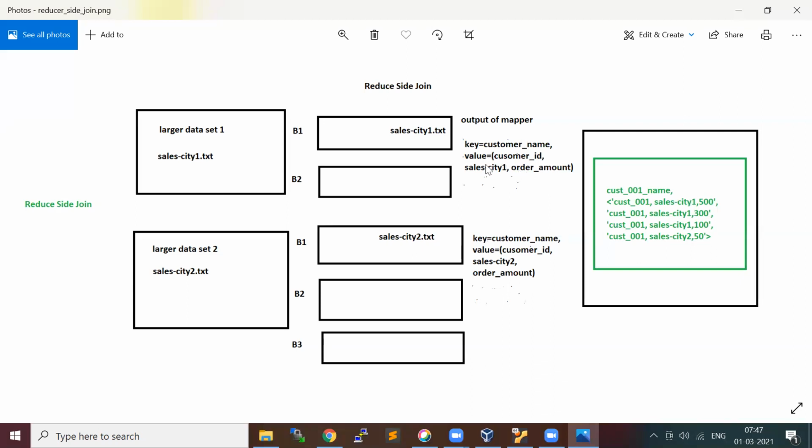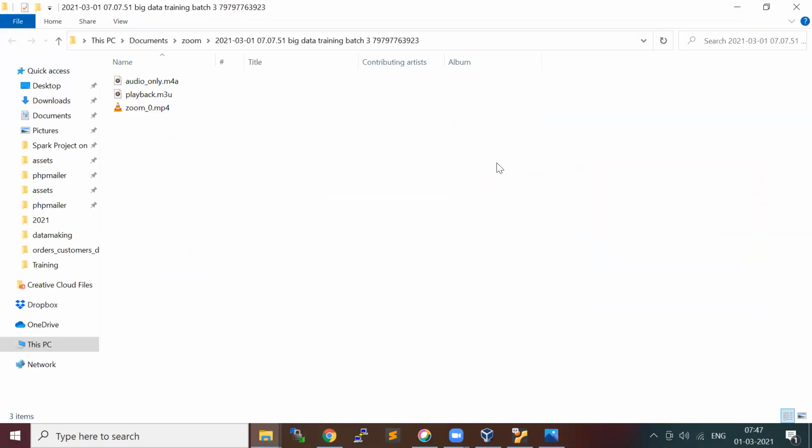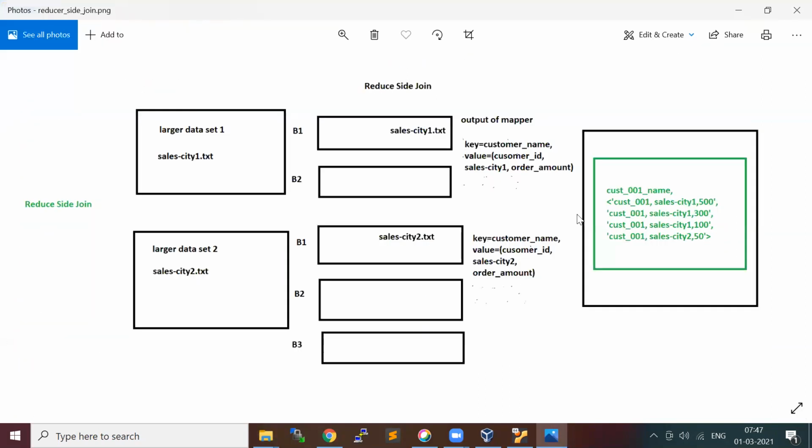So you put it in a value column. When it comes to the reducer, because we put customer ID as the mapping key, it is going to give you the customer ID and the respective values.